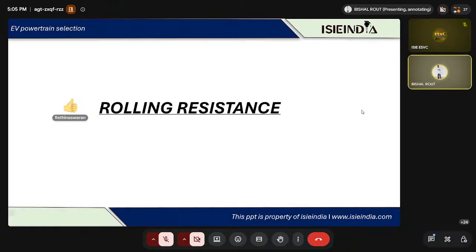Because we know wheels are made up of viscoelastic material, basically. So every viscoelastic or elastic material has a property of hysteresis loss, right? So if you deform that particular rubber by giving a specific compression, while decompressing, that force will be applied larger, right? So that's why during the compression, the vehicle tire will,